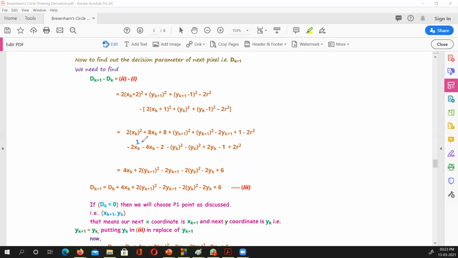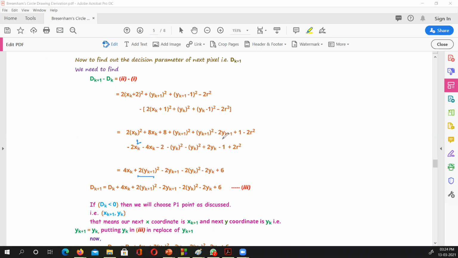So ये और ये यहाँ पे square है, ये दो कटेंगे, ठीक है. यहाँ पे प्लस 8xk प्लस 8 में से 4 निकलेंगे तो 4k बचेगा, 8 में से 2 बचेगा, ये 6. y of k plus 1 का स्क्वायर is there, and y of k plus 1 का स्क्वायर तो twice y of k plus 1 निकलेगा हमारे पास, that is this guy, twice y of k plus 1 का स्क्वायर.